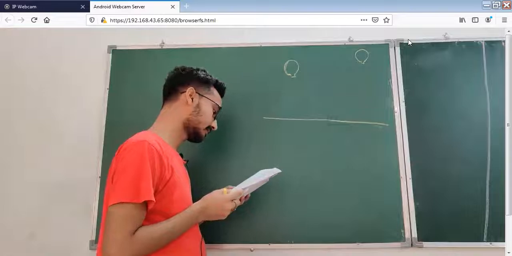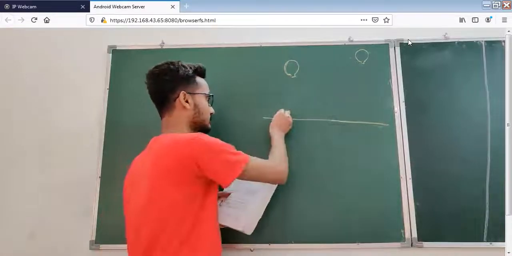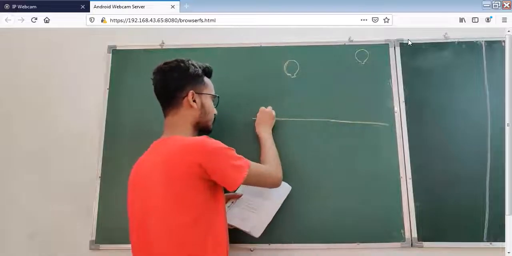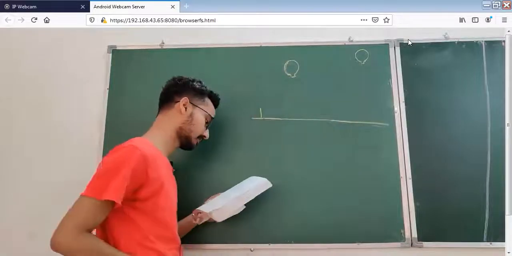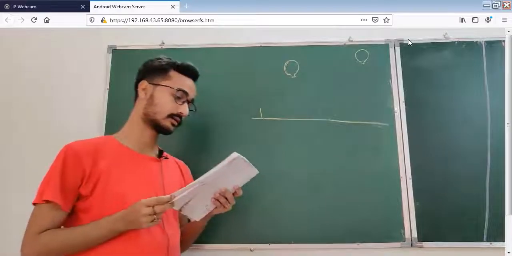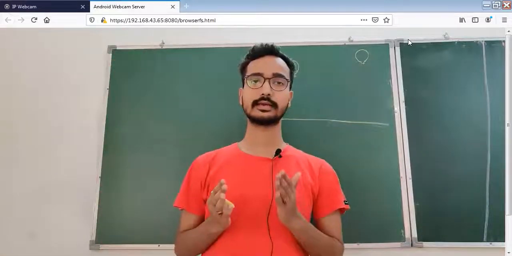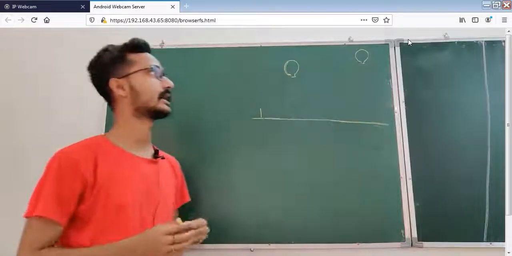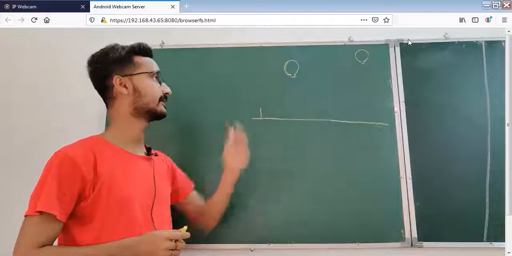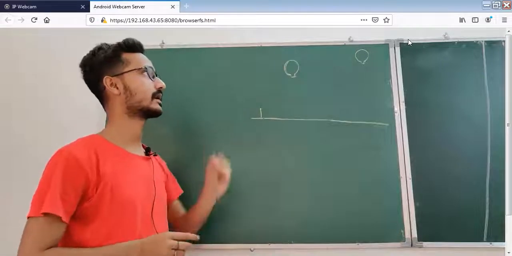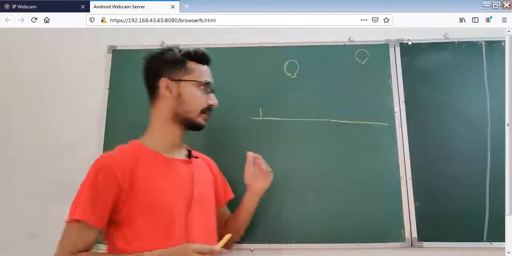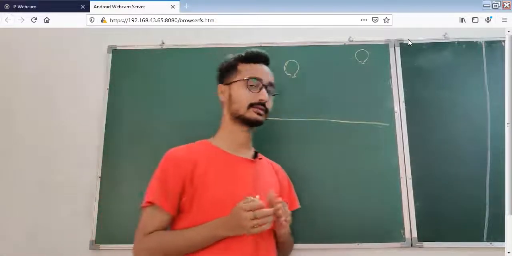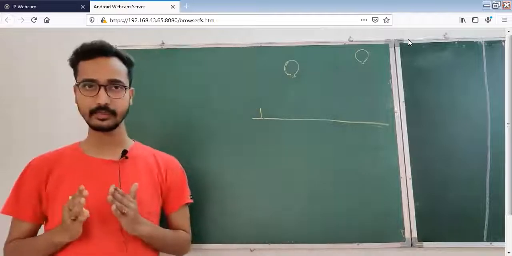A girl, the height is given 1.2 meter. Suppose this is the girl and the height is given 1.2 meter. The angle of elevation, and we have already discussed what is angle of elevation and what is angle of depression. Yes or no? Suppose if you want to see any object above your head, then you have to raise your head. That means you have to see upward. Then the angle between your line of sight and your horizontal line is known as the angle of elevation.